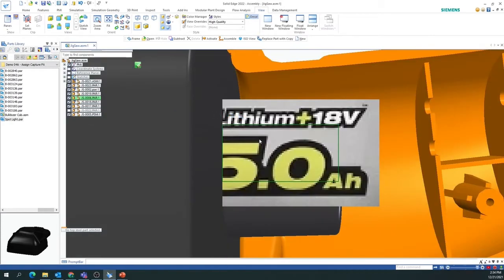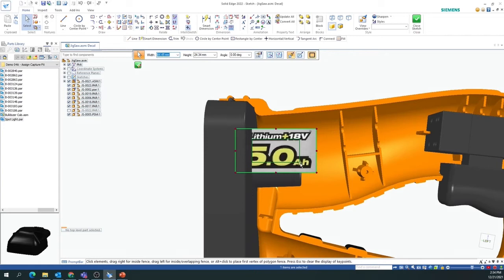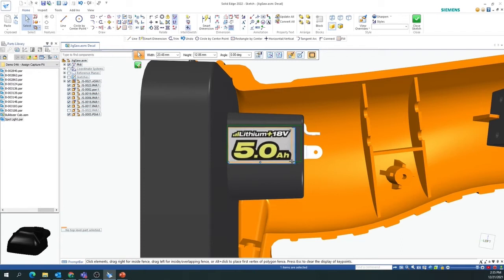And hit OK. So I also have the option to resize the decals and move the decal around on that particular plane. So I'll just resize this decal to fit on that particular plane. Apart from this,